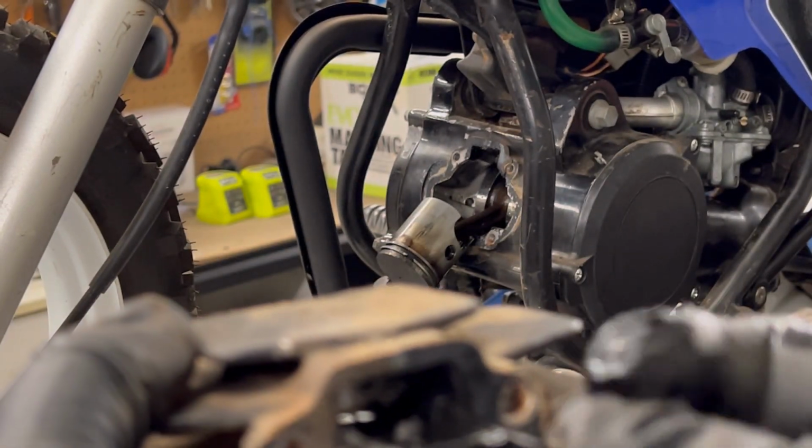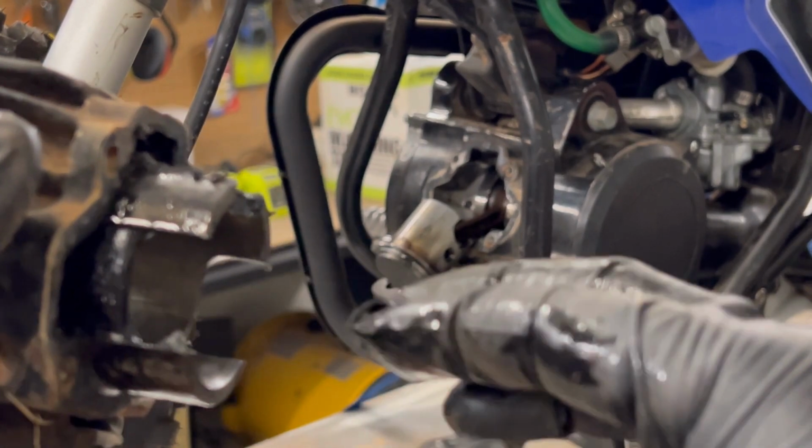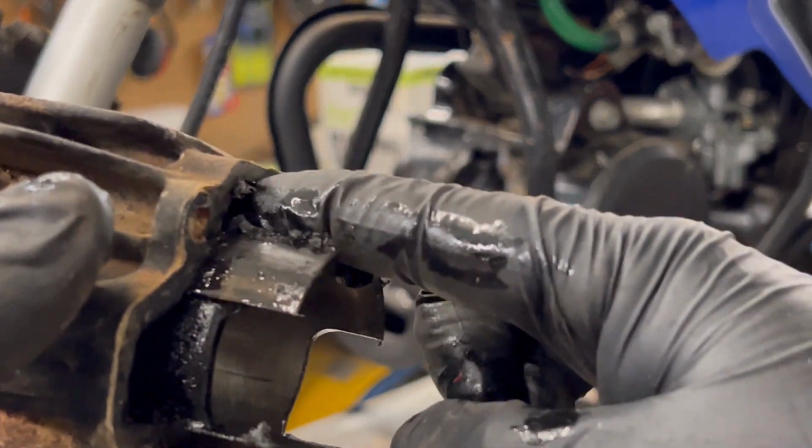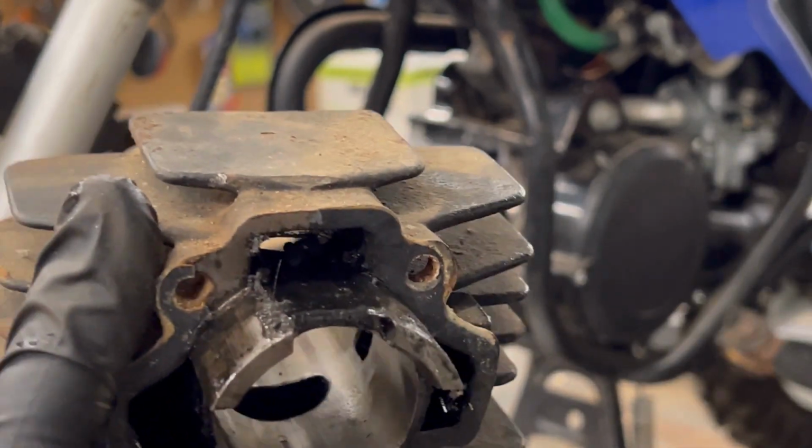Also, she's a bit gunky up in here, so this passage here: fuel comes in the carburetor, goes into the crank on a two-stroke, piston comes down, compresses it, shoots it up a little channel going through here, and goes up and gets ignited at the top of the piston. So here being extremely gunky